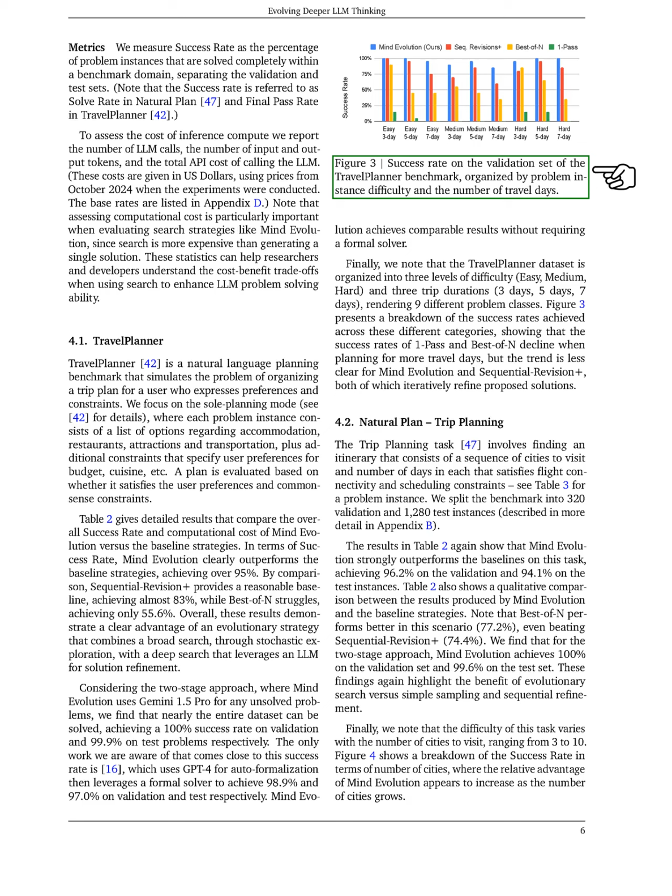Section: Analysis and Ablation Studies. In this section, we analyze how mind evolution performs and how its various components influence its behavior. For scaling, we observe the success rate of mind evolution across planning tasks as we increase the number of generations. Our findings indicate a consistent improvement in performance with more generations.